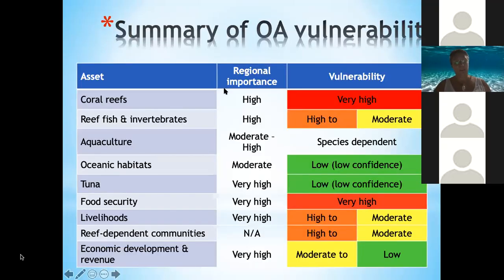So this is just a summary of all of those components. And, you know, that layer effect, again, we saw from Dr. Cooley is really important. It was constantly building layers in this assessment. So understanding what it means for the marine resources, and then what does that then mean for the communities and the nations that depend on them. And you can see that obviously some things have very high vulnerability, such as coral reefs and food security. And obviously they're linked, while others were assessed to have very low vulnerability, like ocean habitats and tuna, although there was a lack of data there, so the confidence is somewhat low in those results. But then this could provide some information for planning and policy into the future.